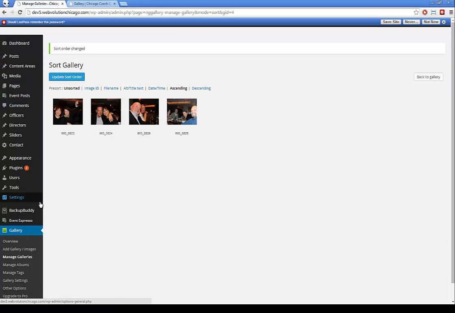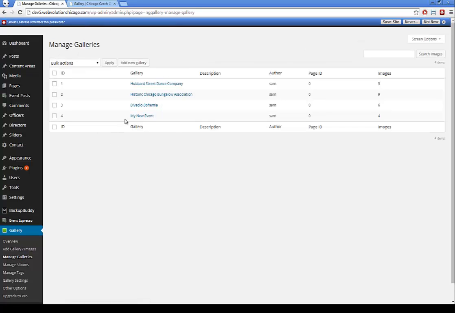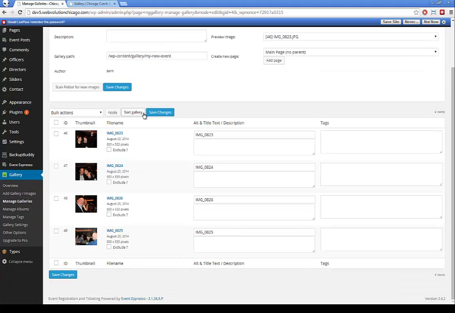Another thing that you could do, so let's go back to manage galleries and click on my new events, because that's the gallery I wanted to edit. And let's say I wanted to write a description for the image. By default there aren't any descriptions, but let's go ahead and make a description. So let's say after party. I'll click on save changes